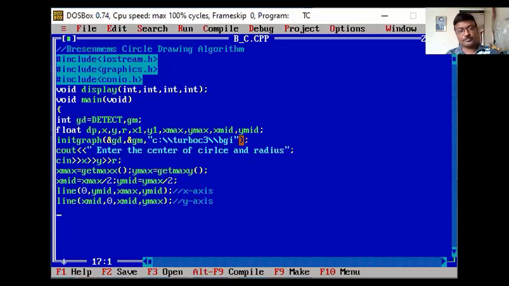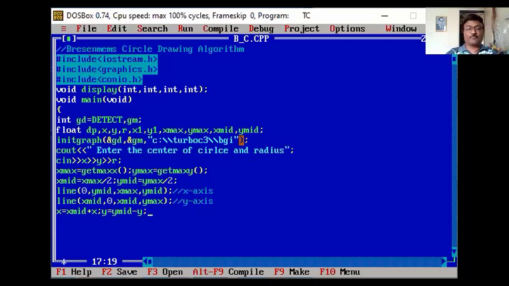Okay, so I'm going to show this program again. Now, once you draw the x-axis, y-axis, okay, then point. But this point, first of all, you have to convert as per your x-axis, y-axis. So what is your point? x is equal to x mid plus x, and y is equal to y mid minus y. Means that the origin, what is your new origin? x mid, y mid origin. So this point is as per the new origin, this xy, once you have converted it.